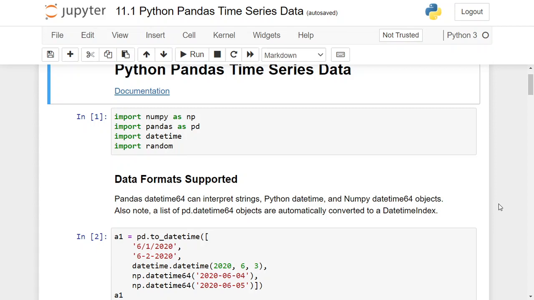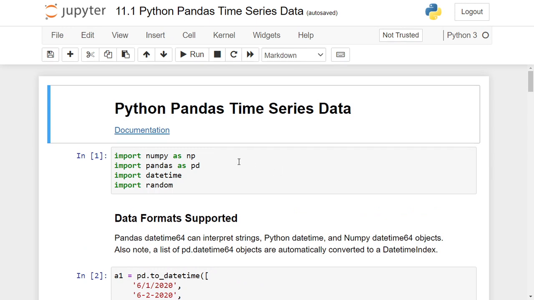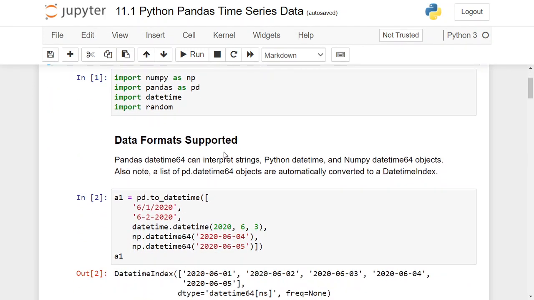In this video, we're going to talk about the Python Pandas time series data. As we know, time series is very often used in data analysis. So the basic structure is the datetime will be used as index, and it's a kind of special type of data, and it's often